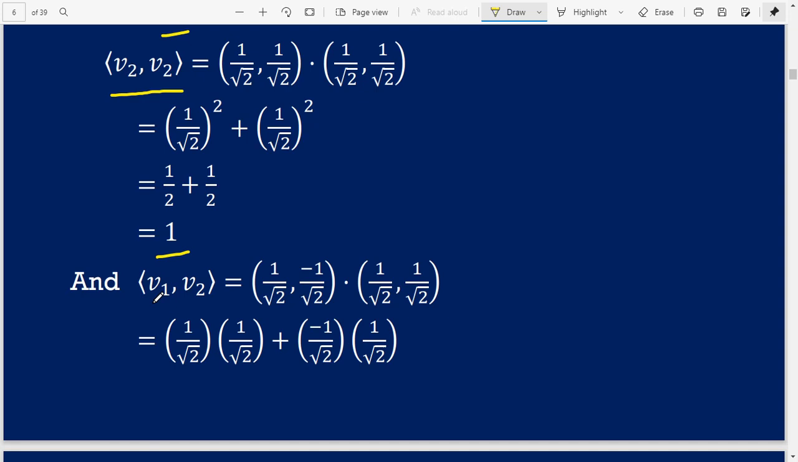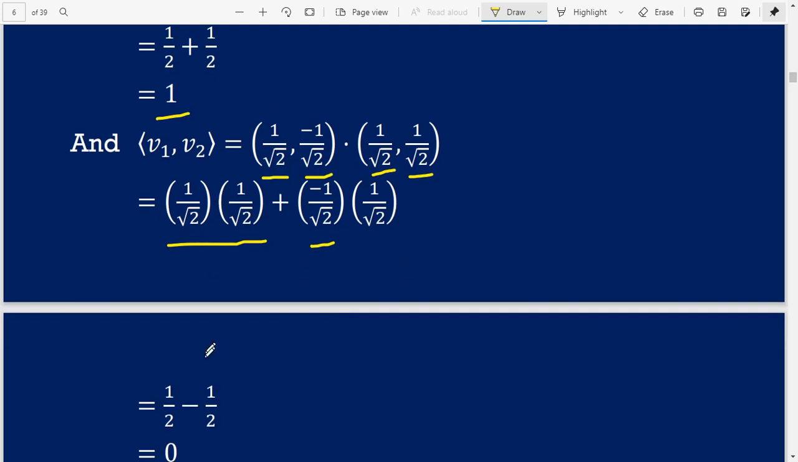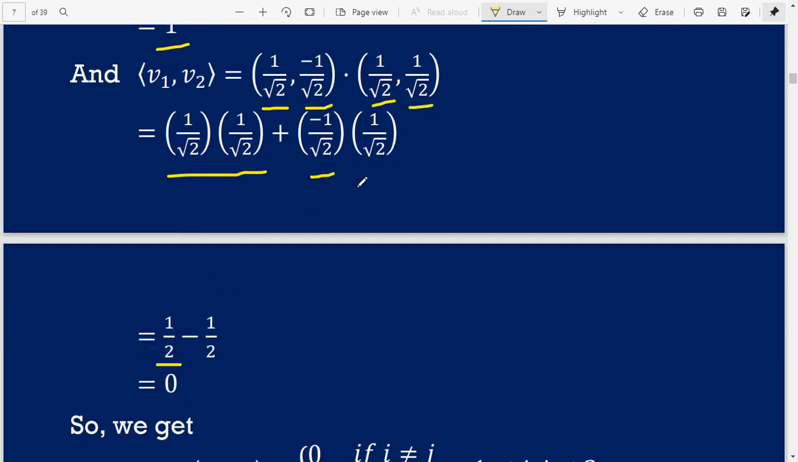And the inner product of V1 with V2 is the dot product of V1 and V2, where V1 is (1 upon under root 2, minus 1 upon under root 2) and V2 is (1 upon under root 2, 1 upon under root 2). So 1 upon under root 2 into 1 upon under root 2, plus minus 1 upon under root 2 into 1 upon under root 2. So this is equal to 1 by 2, and this is equal to minus 1 by 2,